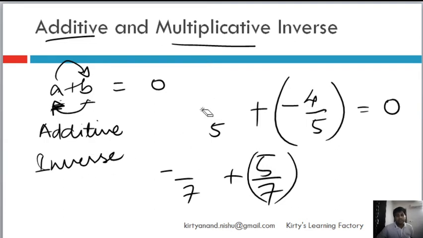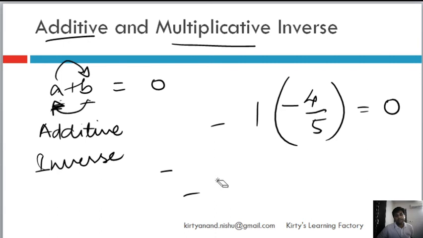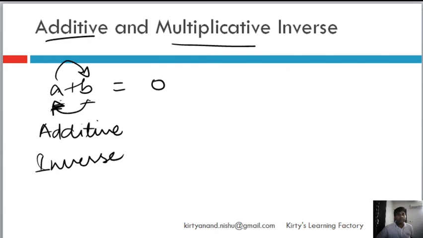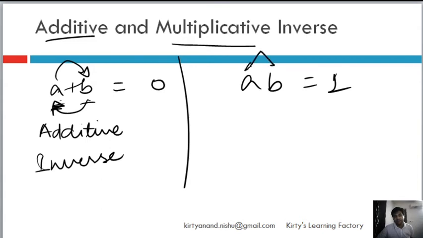Okay, now let's learn multiplicative inverse. Going by the same definition, I am sure you must have realized that if a plus b equal to 0 defines additive inverse, then a into b equal to 1 will define multiplicative inverse. If I multiply two numbers so that the product is 1, then it is multiplicative inverse. So both a and b once again are multiplicative inverse of each other. They are also called reciprocals of each other.